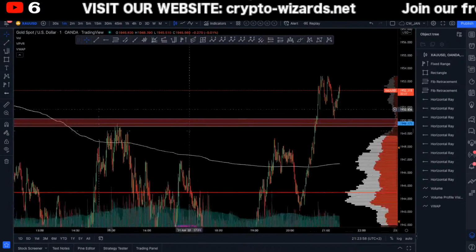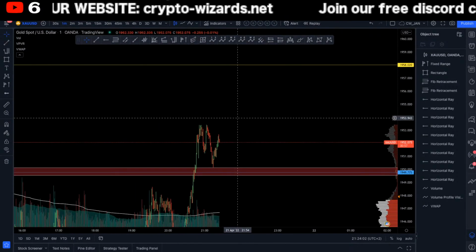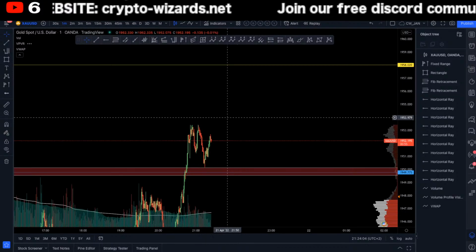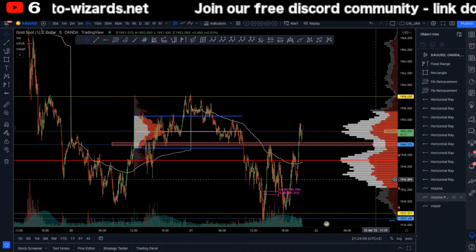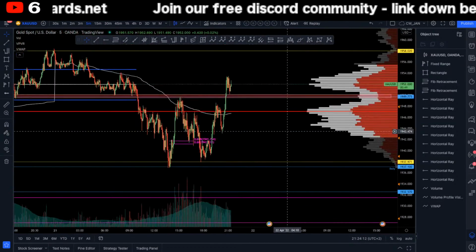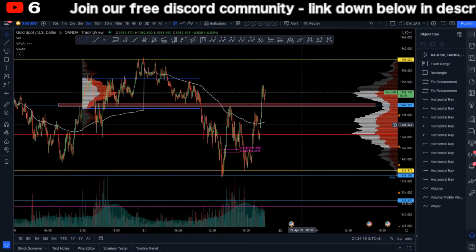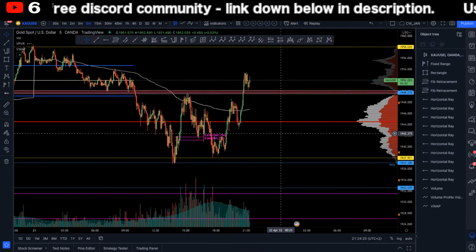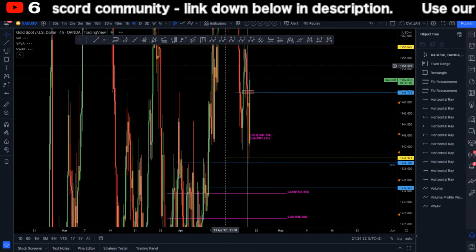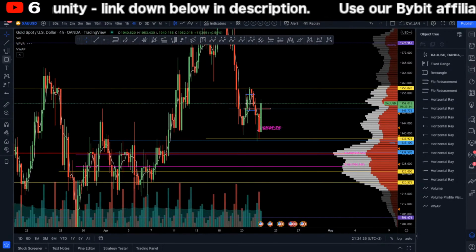But I literally got the move down, up, down, and I took only one position. I'm still a little bit new to gold, so that could be one important thing to say. But basically what happened here today is we were hitting this 1937, which I wasn't expecting to be extra big support. But actually, if you switch to the 4-hour time frame, you will see why we get a bounce.